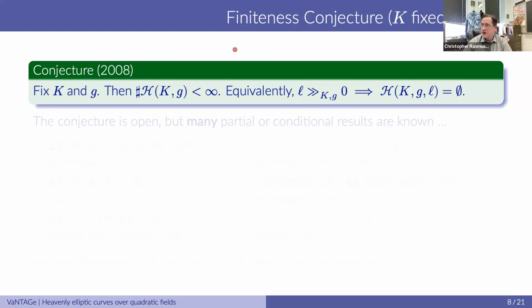When Akio Tamagawa and I first considered the distribution of heavenly abelian varieties long ago, we made the following conjecture: that if you fix the field of definition K and the dimension G, but continue to allow L to vary, then we should still have only finitely many distinct classes of heavenly abelian varieties. And in particular, we can think of this as a bound that past some constant, depending on K and G,